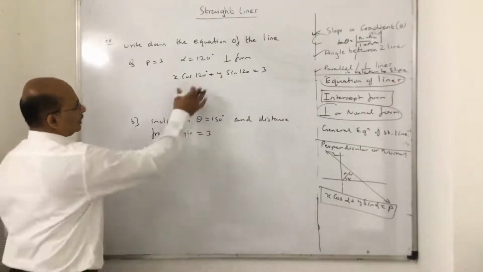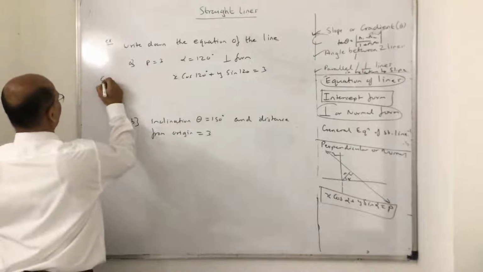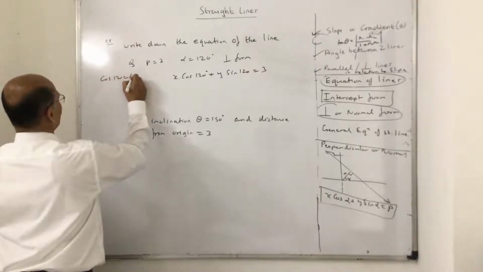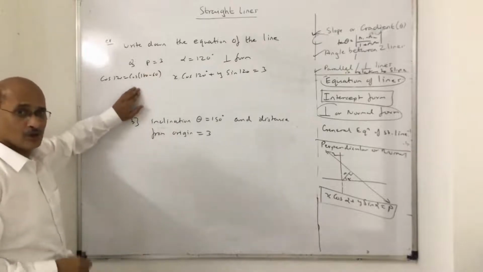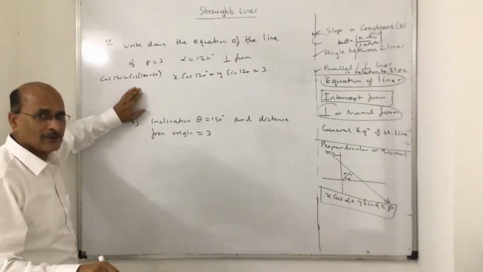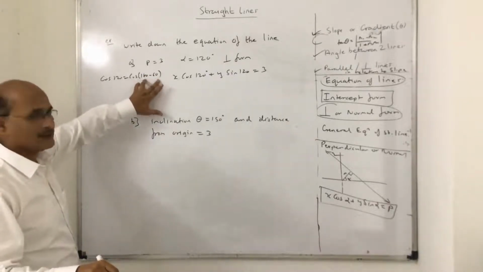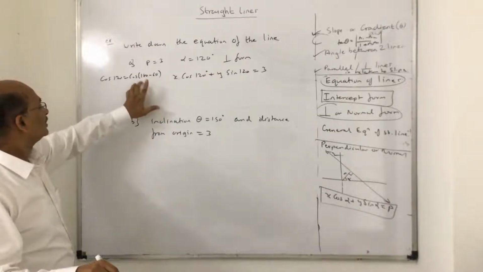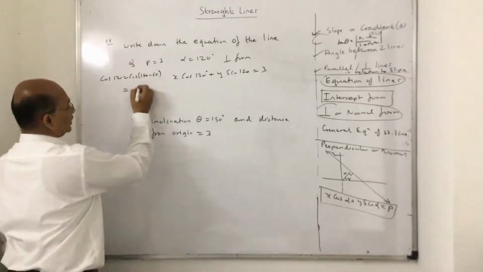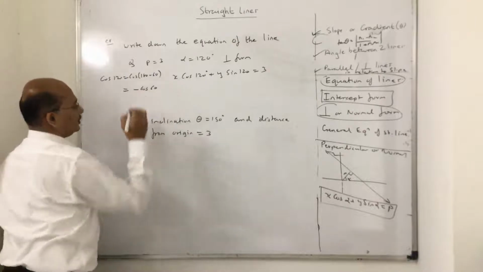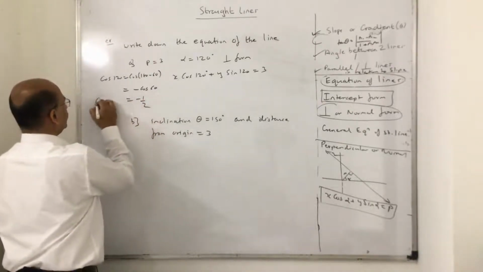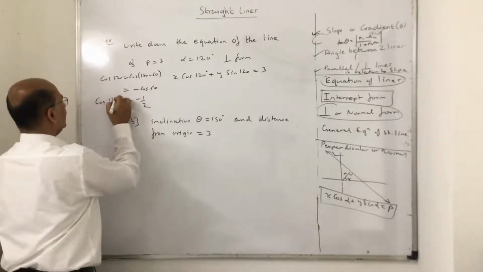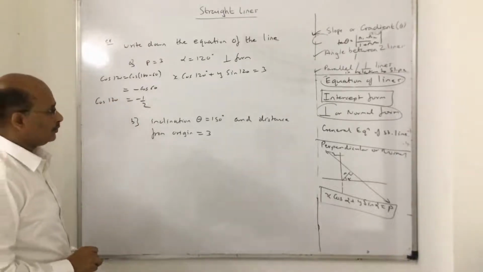Great. So now I have to find cos 120. How can I do it? You can write cos 120 as cos of 180 minus 60, using the add sugar to coffee rule. We have done this in trigonometric functions. Cos of 180 minus theta is cos 60 in magnitude, but it is in the second quadrant, so minus cos 60. That means the answer is minus 1 by 2. So cos 120 is nothing but minus 1 by 2.